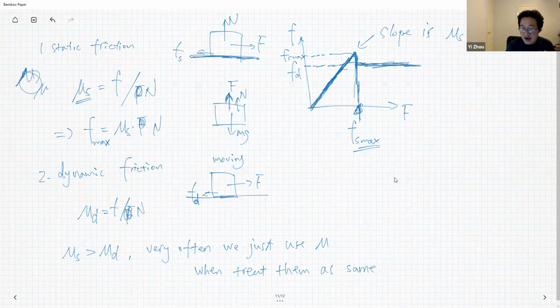Because when the block is on the ground, they have a normal force in between, right? Because you know the harder you compress something to the ground, the harder it is to move it, right? So the friction depends on the normal force of the surface. So this friction is mu N, depending on whether it's static or dynamic. So now I'll go back to here.